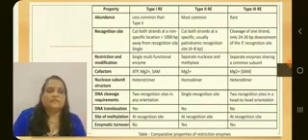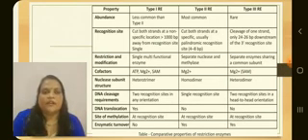This is a chart which differentiates type 1, type 2 and type 3 restriction enzymes. As I told you, type 2 restriction enzymes are the most common restriction enzymes and they are most useful for genetic engineering procedures. Because type 2 restriction enzymes cut both the strands of the DNA at a specific sequence called the recognition sequence, and the cut is in the sequence only, not away from the sequence. Its nuclease and methylase activities are separate. It requires magnesium ions. Type 2 restriction enzymes are homodimers. They have a single recognition site.